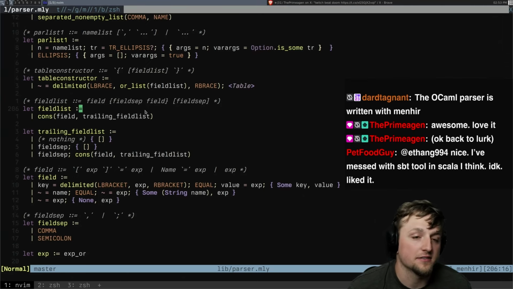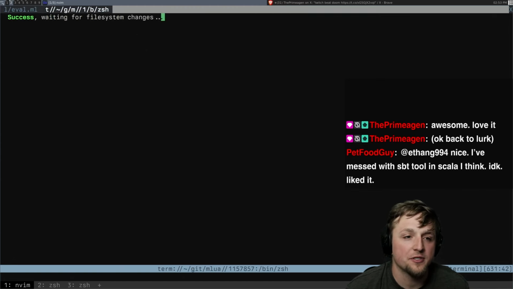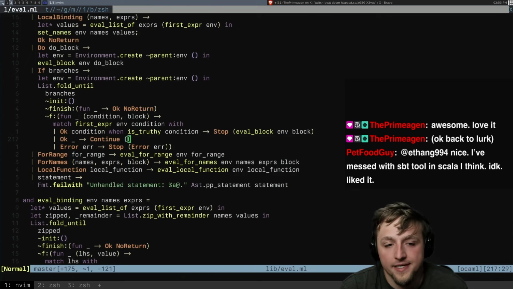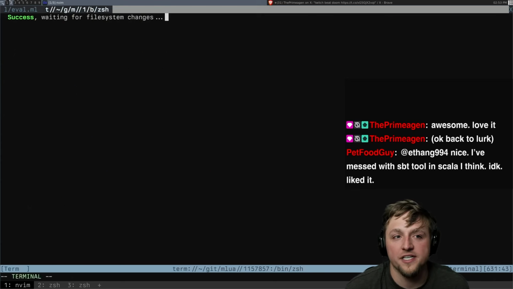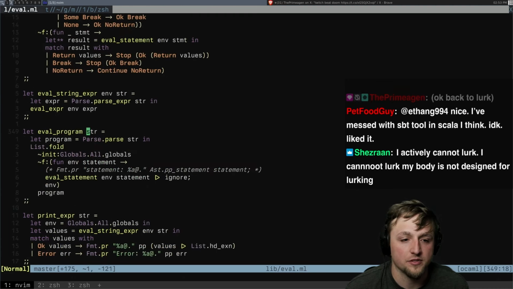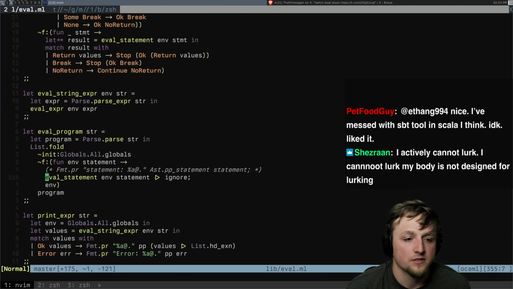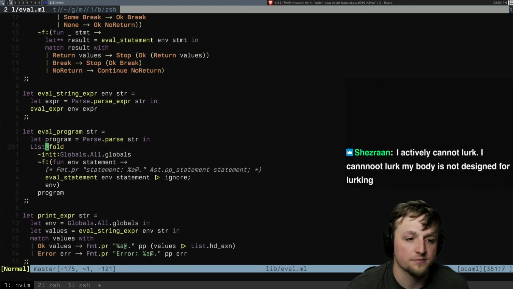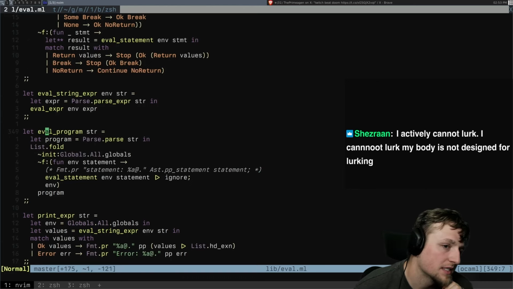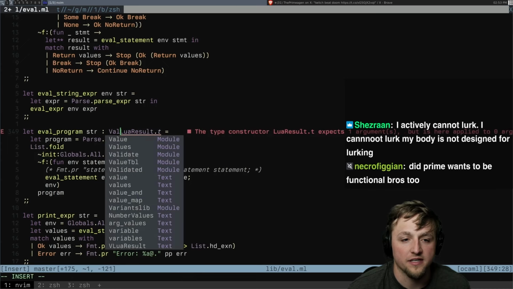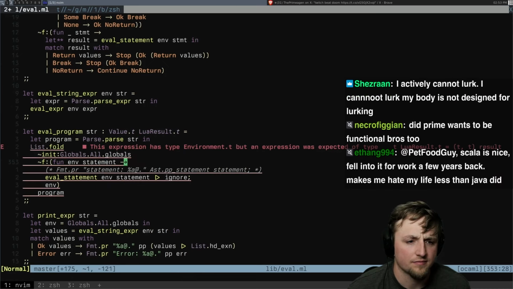I missed SB Tool Scarlet. Yeah. So anyways, that's where we are. We're pretty far now. The thing that I'm trying to figure out now is, well, we are getting farther on errors, which is good. Right now when we evaluate something, eval program, we should instead be doing eval program, and program should return a Lua result t of a value t. And so let's do